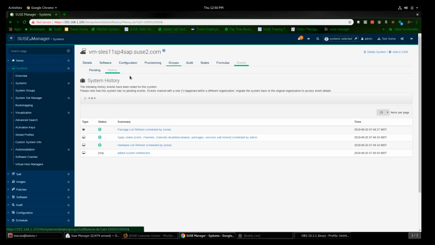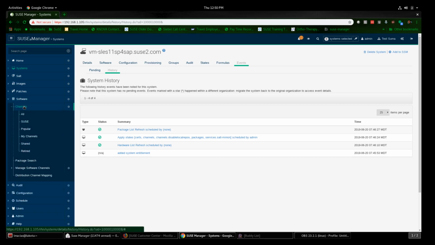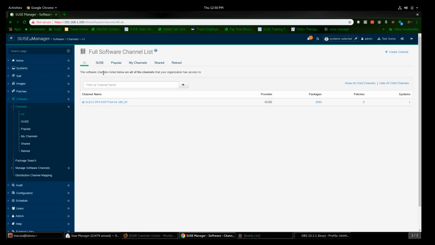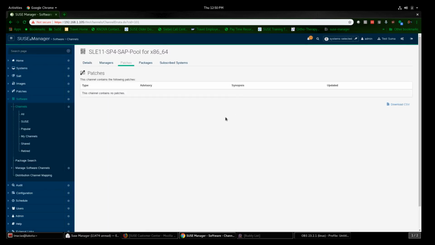And if we look here at our software, software channels, all, and then we look at this. So this is again the SUSE version that is downloading every day, every night. If you look at the patches that have been downloaded,